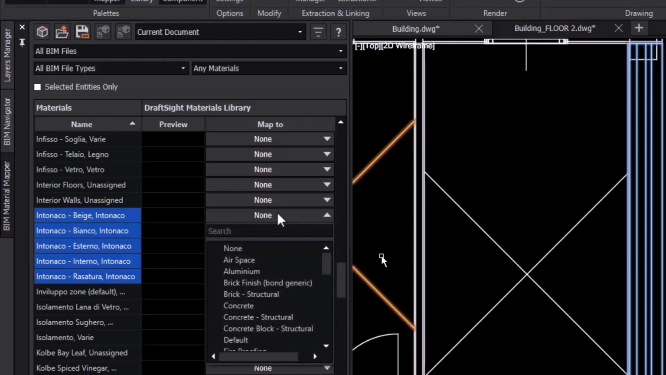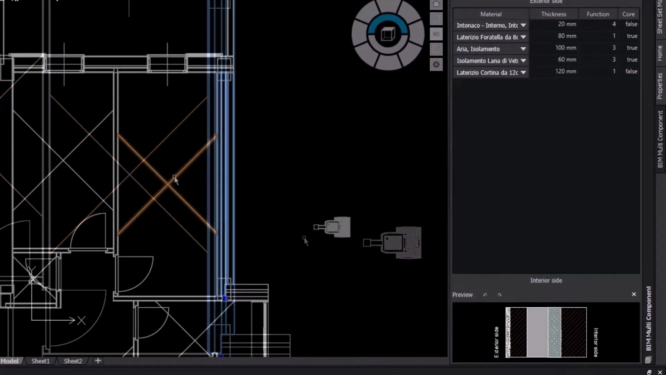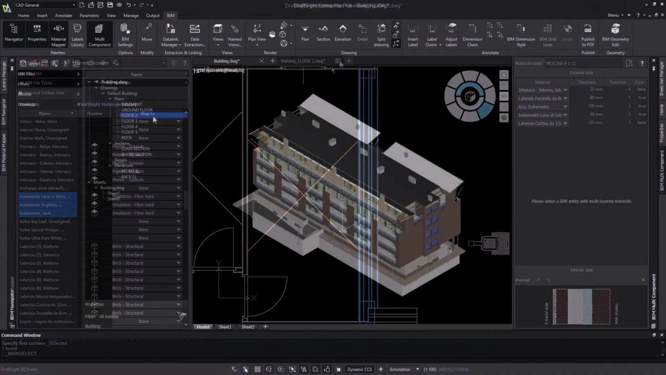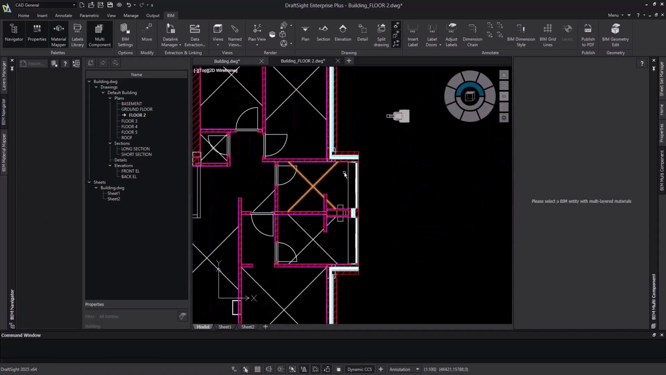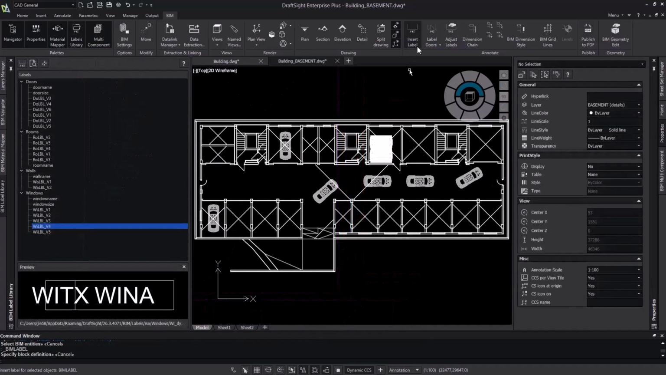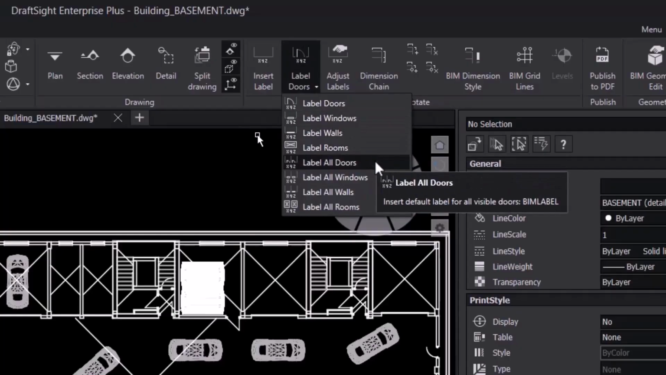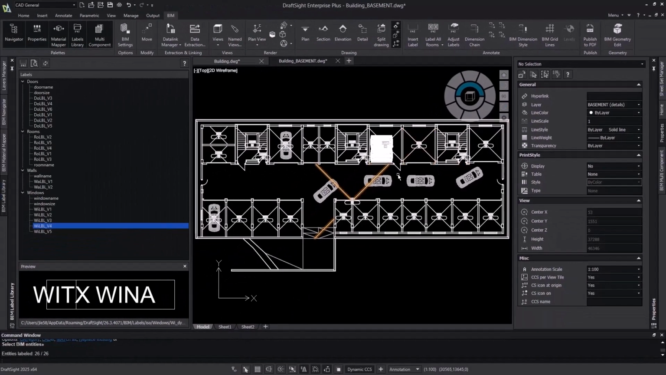This includes generating schedules such as door schedules, as well as material takeoffs, and fully customizable data tables, all driven directly from the BIM data itself. On top of that, you can apply intelligent labeling throughout your drawings. For example, you can quickly add door labels, window labels, labels for walls or rooms, helping to standardize your documentation